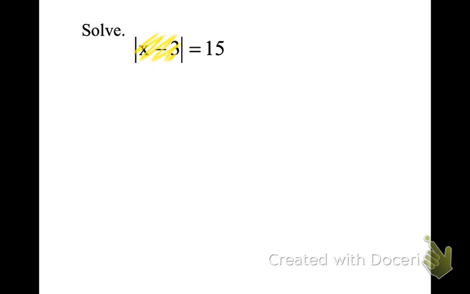What? X plus 3. No, what does the whole thing have to equal? Go. 15. 15 or, what else could go in there that would make it a true statement? No, what does this whole thing have to equal? 15 or negative 15. So right away what we're going to do is lose the absolute value, you're going